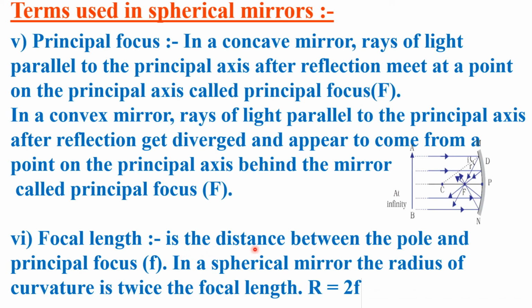Next is the focal length. It is the distance between pole and the principal focus. So distance FP is equal to f. In spherical mirror, the radius of curvature is twice the focal length. So we can write R is equal to 2f or f is equal to R upon